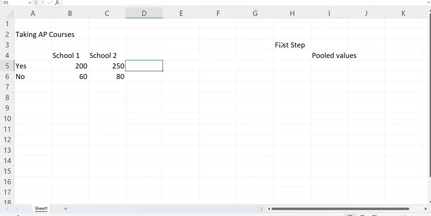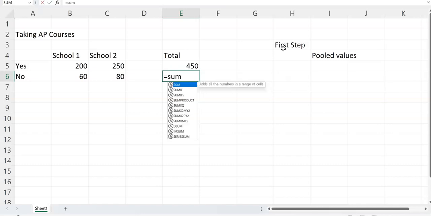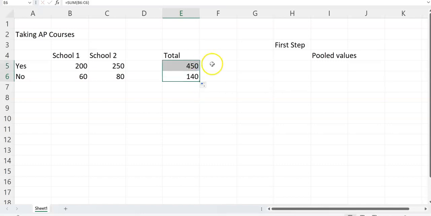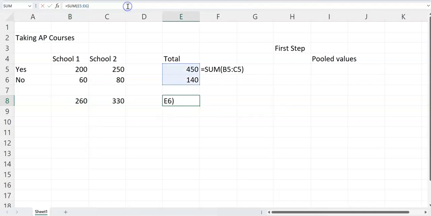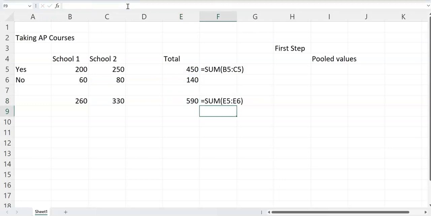values. What that means is, what if we assume that these two schools were basically one school? Then the total number of students taking AP courses would be this number, and the number of students not taking AP courses would be this one. Copy the formula so that it stays as a sum. Once we have that, we should also total the number of students in each school. So in total we have 590 students. If instead of school 1 and school 2 we had one whole school, then we would have 590 students. Now from here, we can calculate the pooled